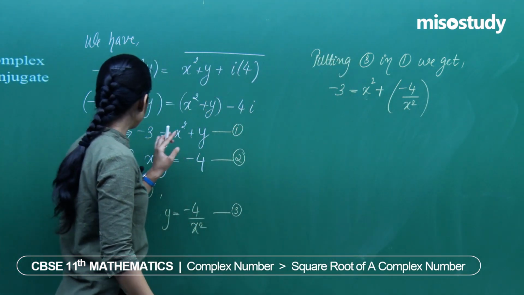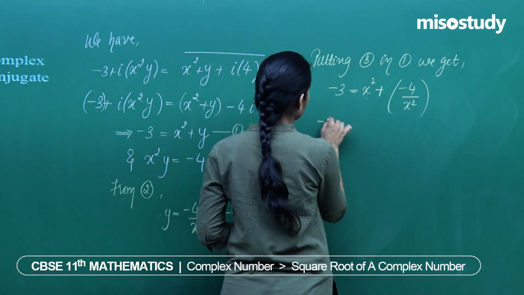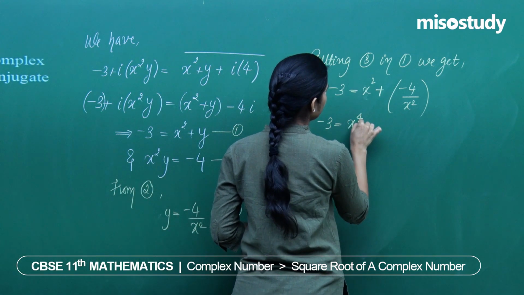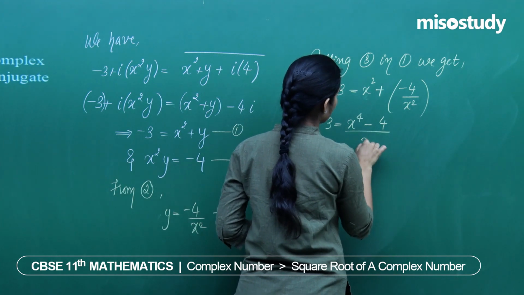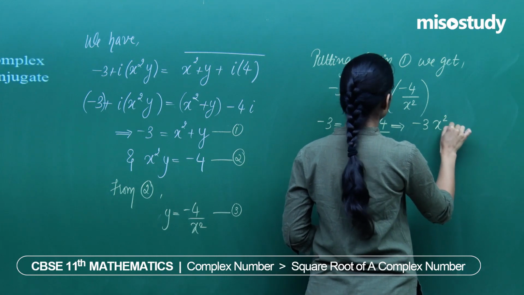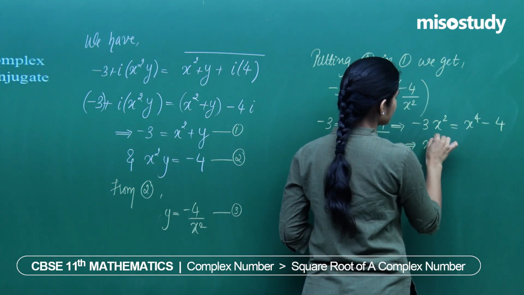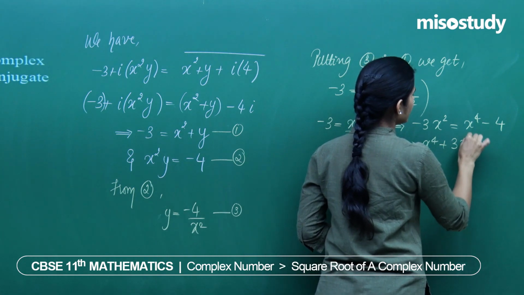So you have minus 3 is equal to x square plus minus 4 by x square. This gives you minus 3 equals x to the power 4 minus 4 whole by x square, which implies minus 3x square equals x to the power 4 minus 4, which implies x to the power 4 plus 3x square